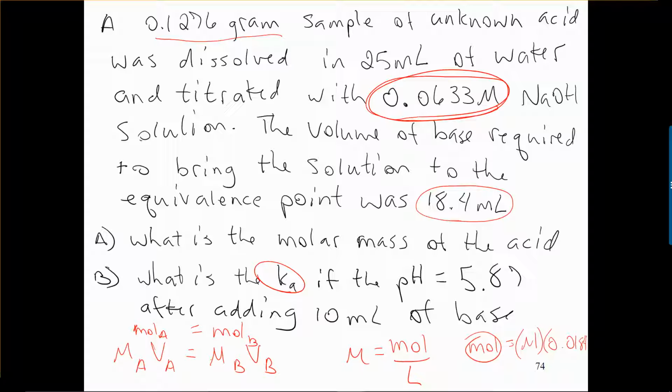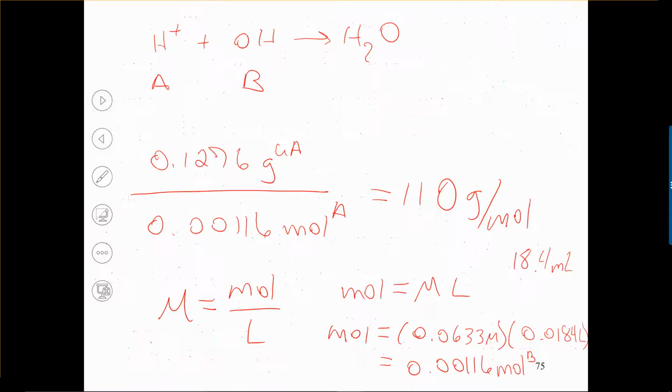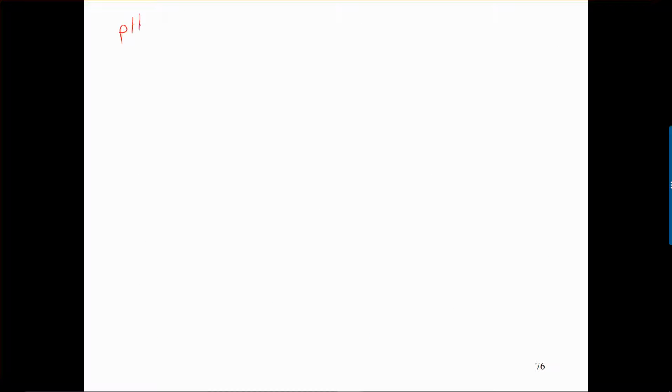Okay. So my pH is equal to, I'm sorry, 5.87. Thinking of a different question. 5.87. Okay. And I added 10 milliliters of base. Okay. And this is a monoprotic acid. So HA